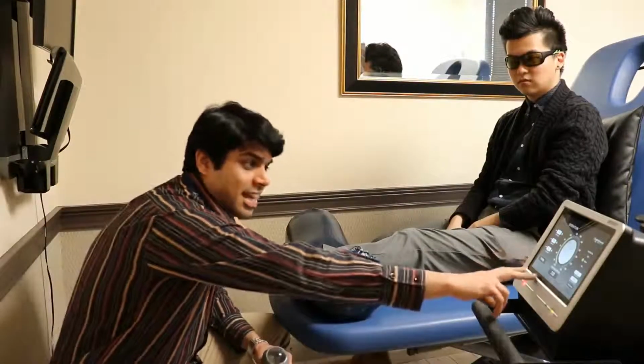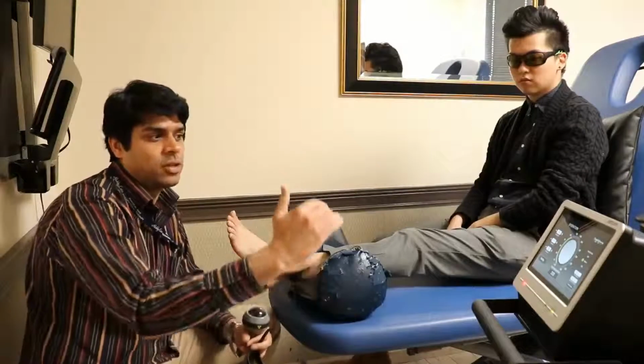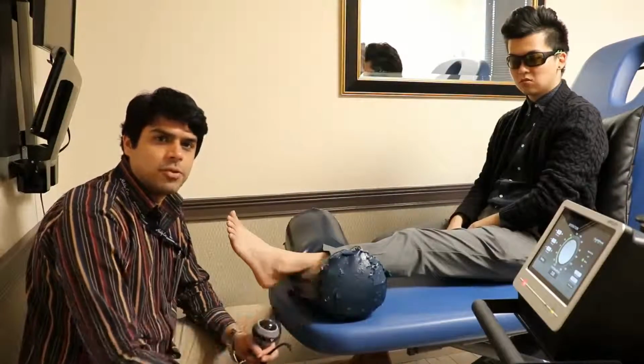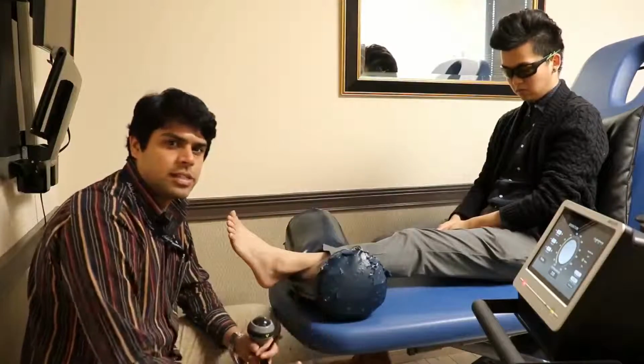We got this as a class 4 laser. So far what we've generally seen used in therapeutic procedures has been a class 3 laser. This is class 4, which basically means it's able to give you a lot more energy infused into your body system in a shorter time period, and because the power is higher, it is